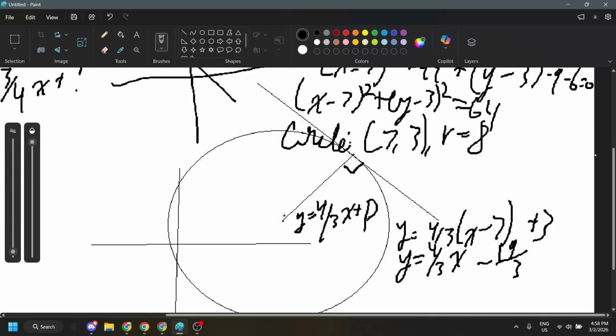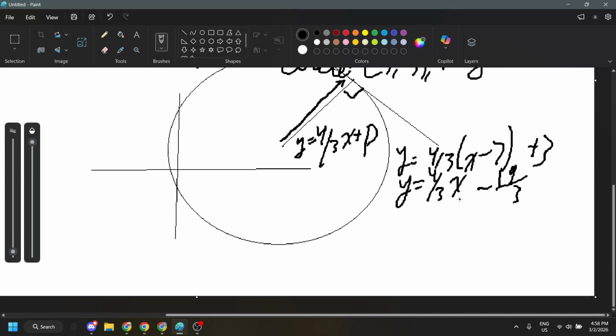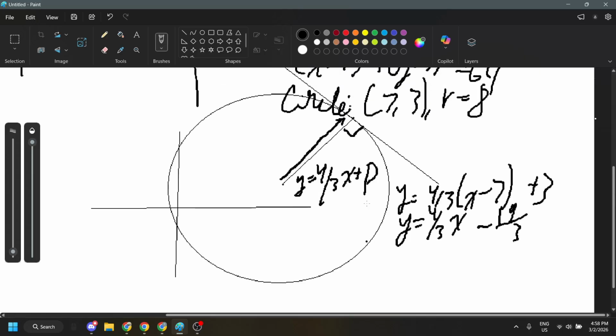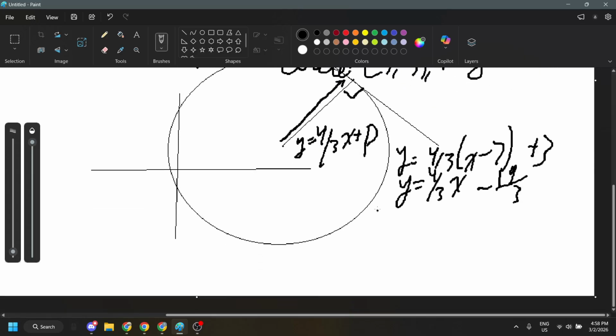We need to go from across the circle, across this line, this way, to figure out this point. So if we have this line here, for every increase in the x, we have a 4/3 increase in the y. Okay, so we need the distance to be 8, radius equals 8, so 8